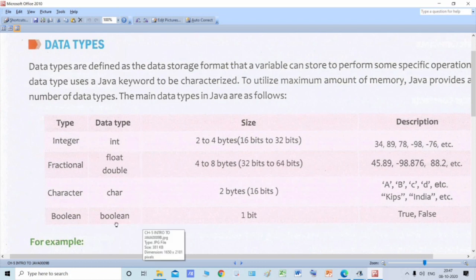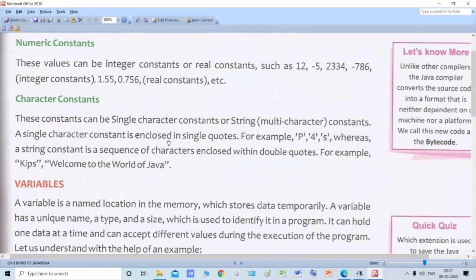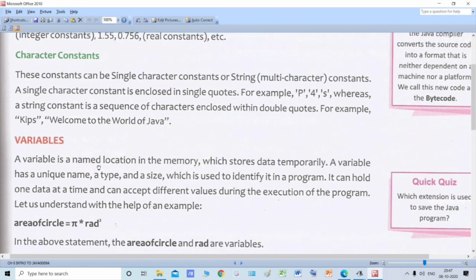So these are different data types that we will study. So a variable can be of these different data types. Now students, coming back, a variable is a named location in memory which stores the data temporarily. Why temporarily? Because its value can change. Its name is variable. Variable means vary, something whose value varies.